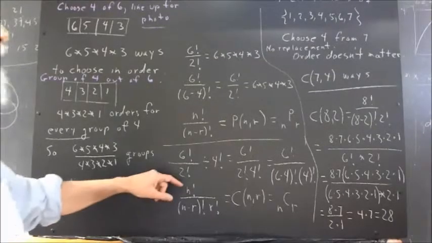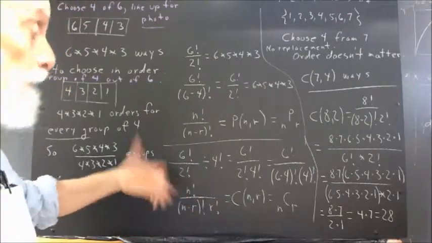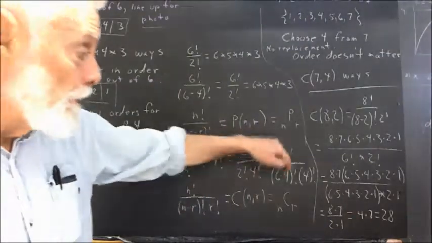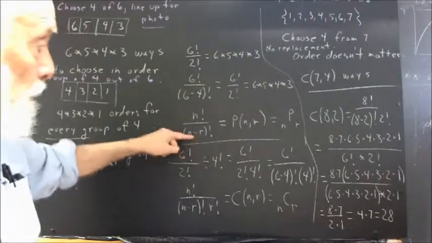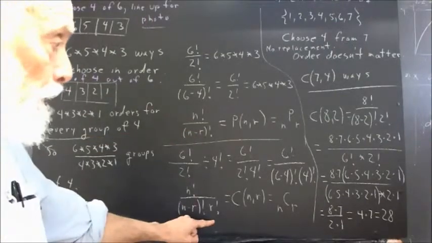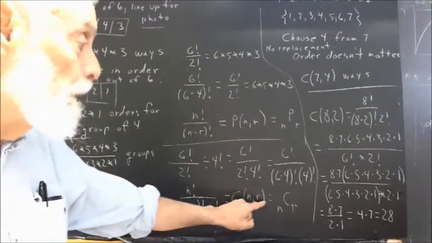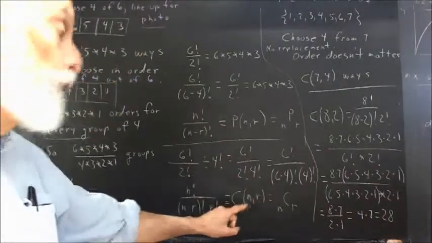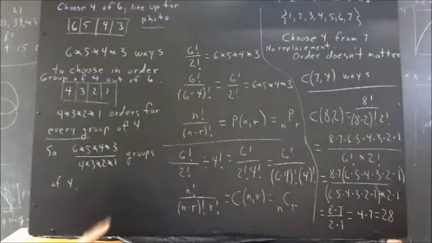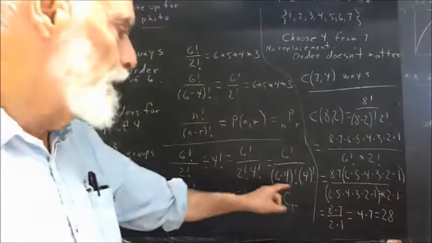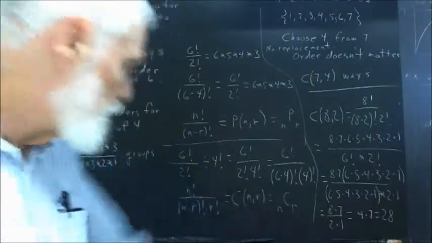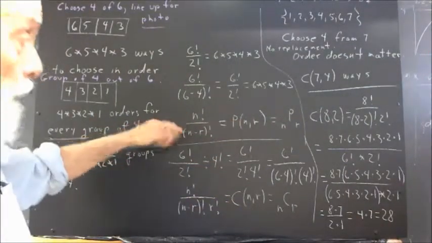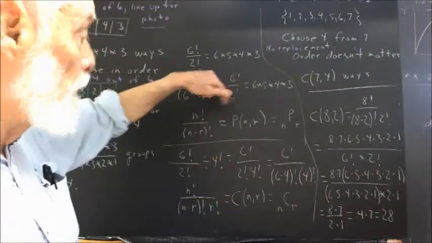If we were choosing our people out of n to form a group, then the numbers instead of 6 and 4 would be n and r, similar to the way they were up here, and we would get this formula for the number of combinations of our objects chosen from n, in this case our people chosen from n, also written subscript n, capital C, subscript r. Okay, so there are the formulas for the number of ways to choose r out of n in order,